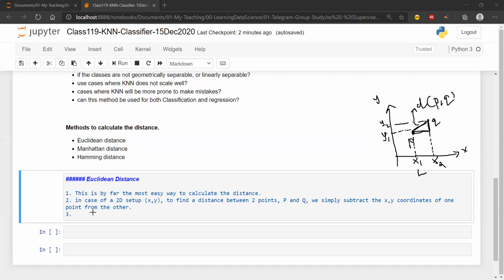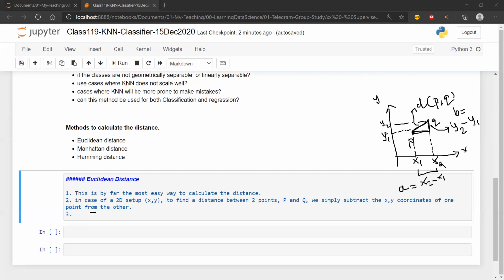The distance over here is x2 minus x1, as x2 is the greater value. Let's say this value becomes a. The one on the y-axis is y2 minus y1, which I'll call b. It doesn't matter whether I take y1 minus y2 or y2 minus y1.